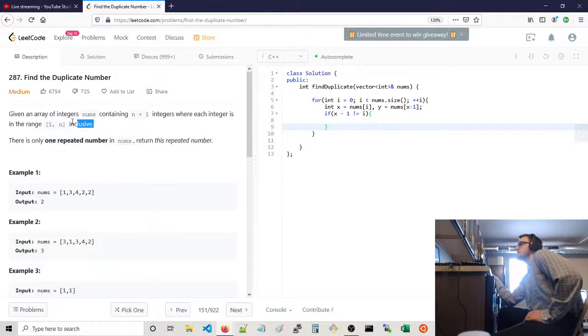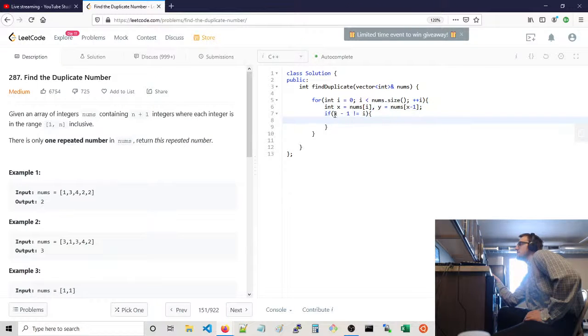Because all these numbers are in this range, you could put all the numbers into their correct positions, and then the two repeating numbers would overlap with each other, and then you would know which one is repeating. There's a few ways to do that, I believe. I think the simplest thing is really to put them in the right place. The problem though is, if 3 goes here to 4, you actually